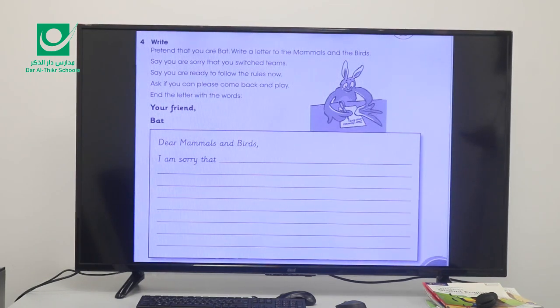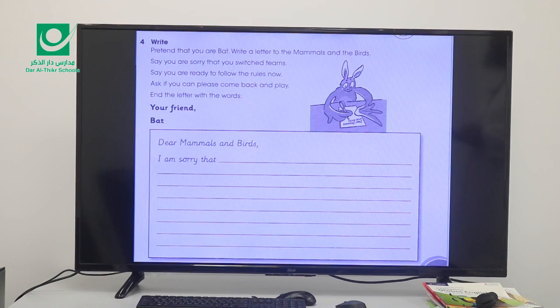Now students, in exercise number 4, again this is writing, pretend that you are bat. Write a letter to the mammals and the birds. Say you are sorry that you switched teams. Say you are ready to follow the rules now. Ask if you can please come back and play. End the letter with the words, your friend bat. Okay? I told you in the learner's book that you need to write this as homework,